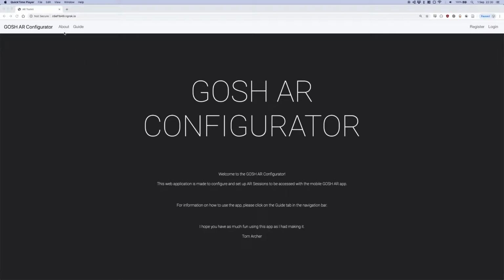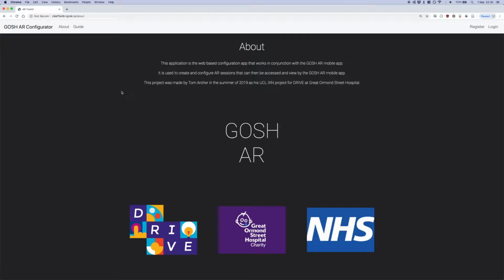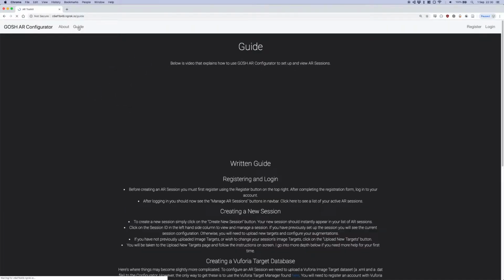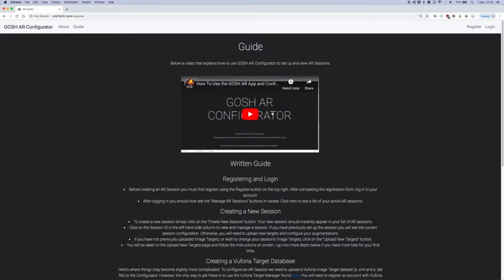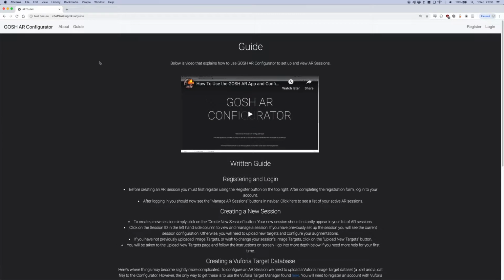So this is what you'll see when you first access the GOSH AR Configurator website. I'll give you a quick tour. This is the About page, and this is the Guide page. It should have this video on it, as well as written instructions on how to do everything I will demonstrate